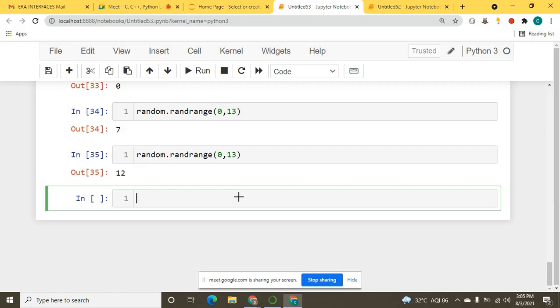Now randint. Okay, so random.randint. Let me take one more. I said 12 to 13. Okay, it will include both these limits. Before, randrange did not include the complete range, it was keeping the last value minus 1. We were still getting 12 as the result. But here, if we want an integer number and we want to include both limits, meaning 2 comma 13 should be there, I will simply use my randint.